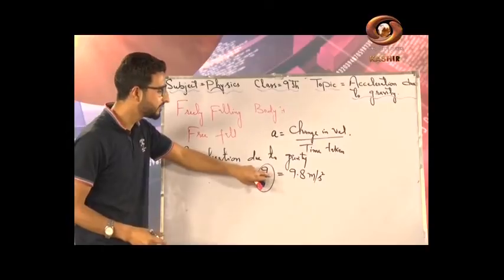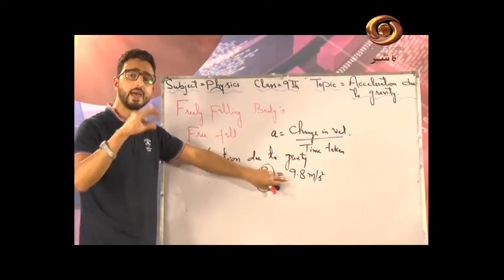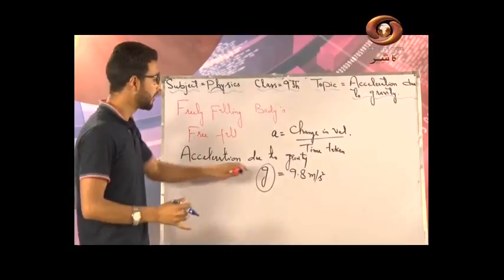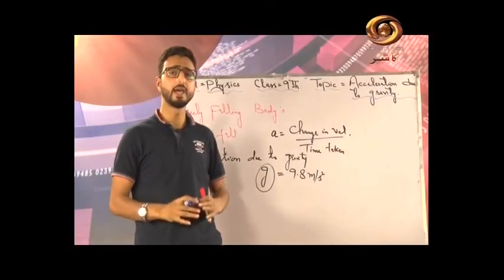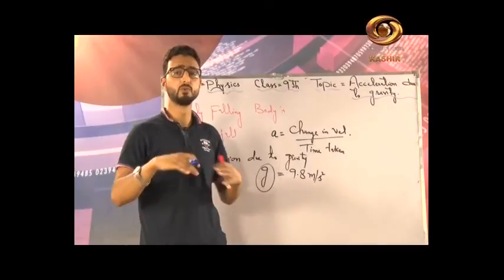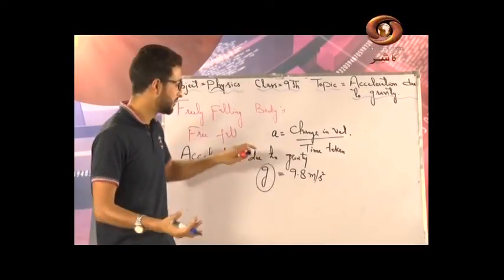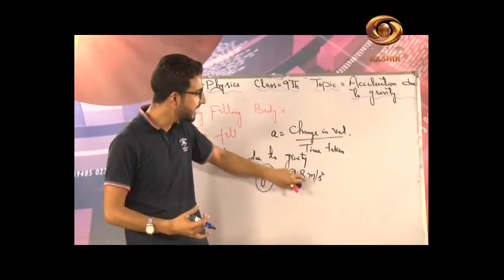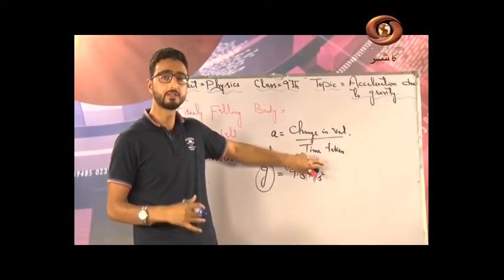This is acceleration due to gravity and its value in SI system on or near the surface of earth. ठीक है ना? और ये जो acceleration due to gravity है, it is a vector quantity. What do you mean by vector quantity? It possesses both magnitude. क्या होता है इसका magnitude? 9.8 meter per second square on, or near the surface of earth.